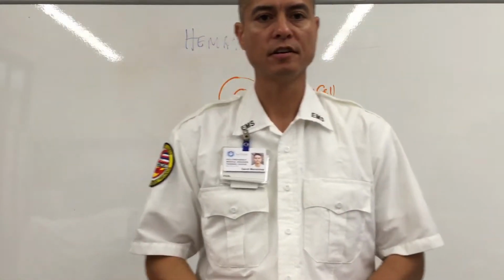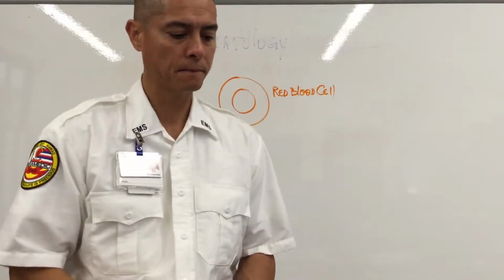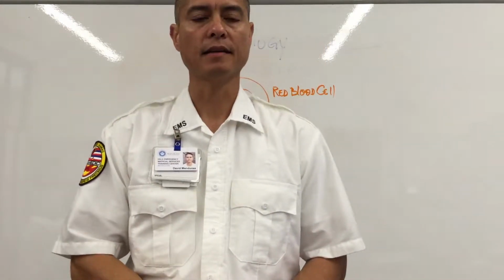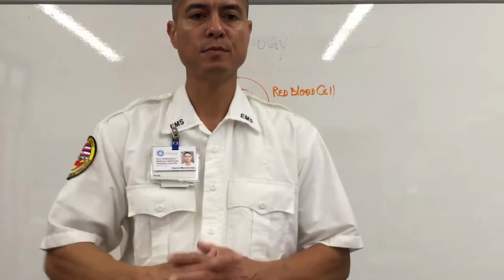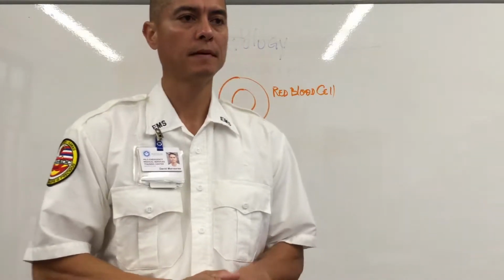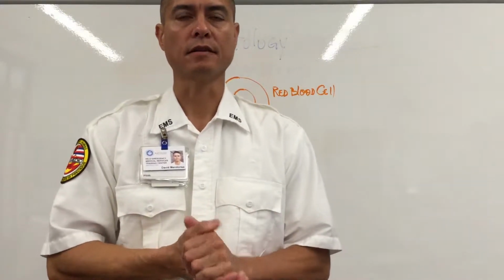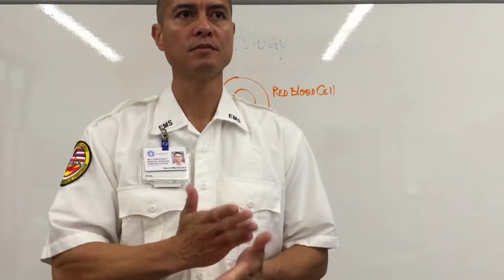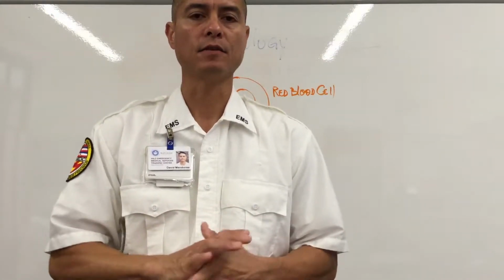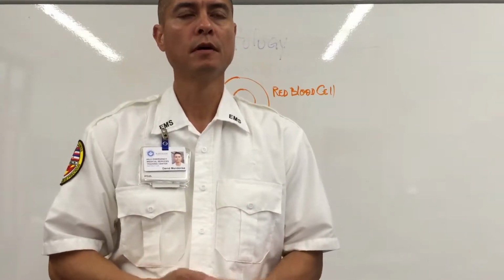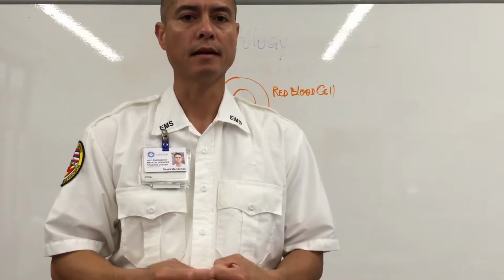This is a short introduction into hematology and the red blood cell. So the red blood cell has this flattened frisbee-like shape. The center is biconcave where it kind of comes into each other. But the idea of the red blood cell is that it's able to pick up oxygen and then exchange it